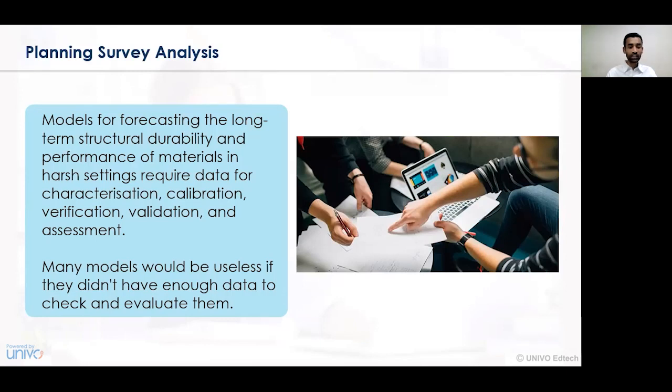When we try to collect the data, it always involves characterization, calibration, verification, validation, and assessment. There are various models which help business organizations to collect that data. When such models are applied and not used in an effective way, it may hamper the image of the organization, and evaluation of the data will be very difficult. Hence, planning the survey analysis is essentially important to identify how we collect particular data and how it can be made applicable in the business organization in the short run or in the long run.